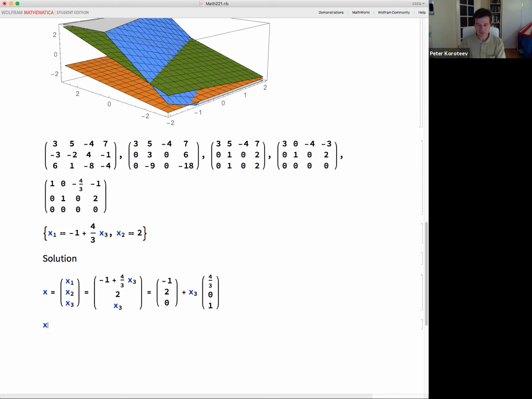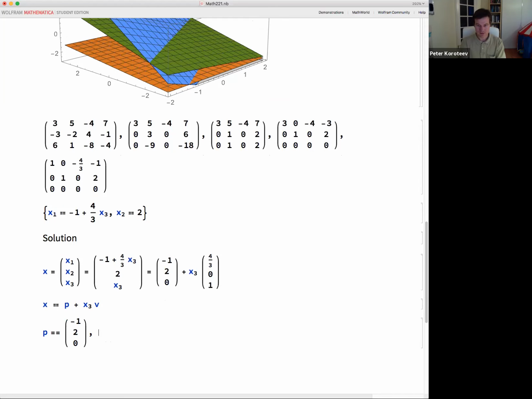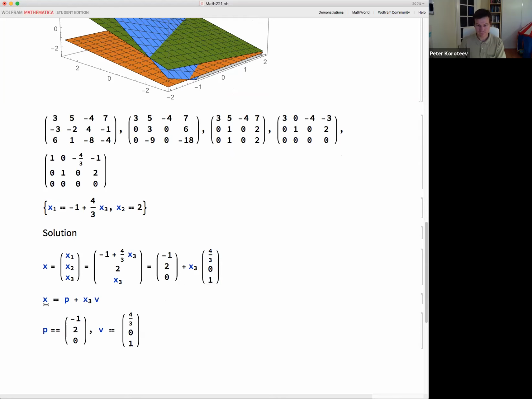So that allows us to write x as, let's call it some vector p plus x3 times vector v, where p is this, and v is this. Okay. So, in other words,